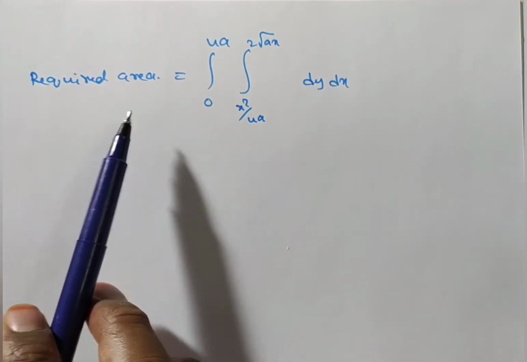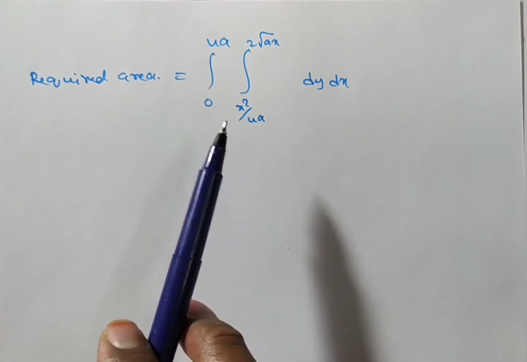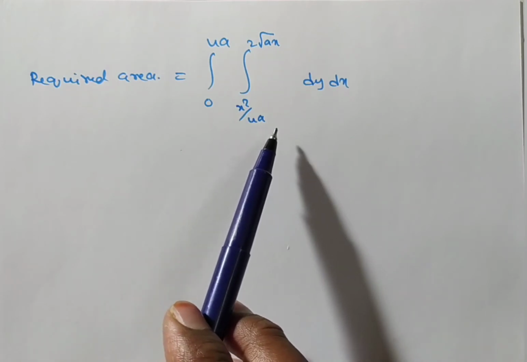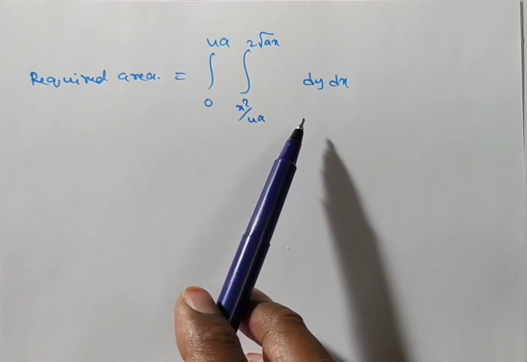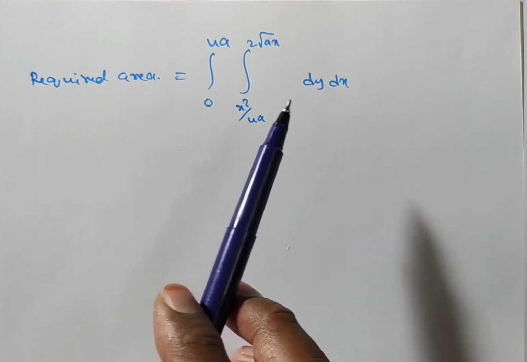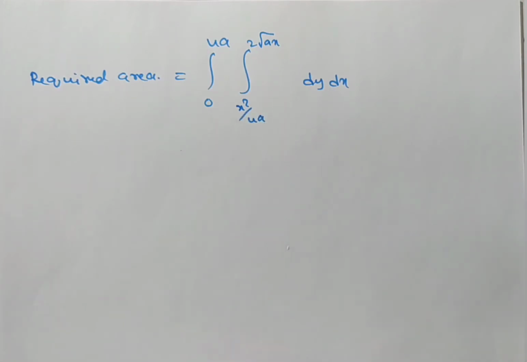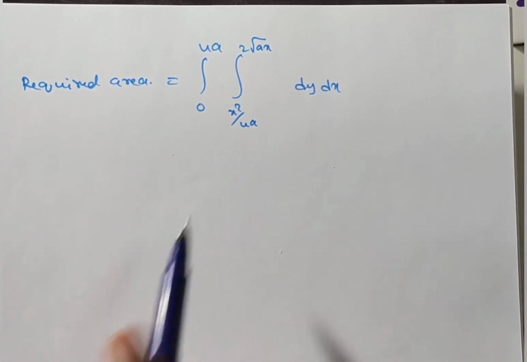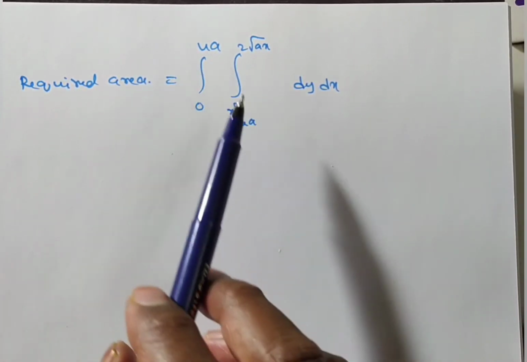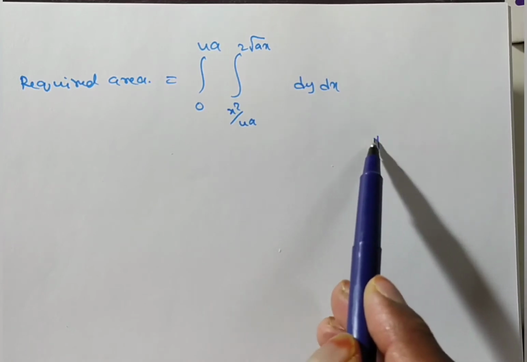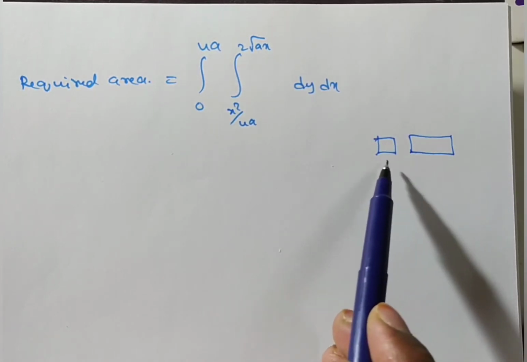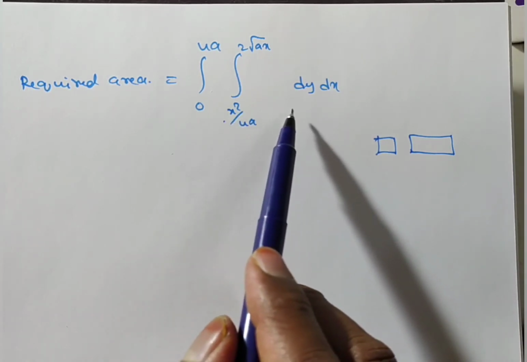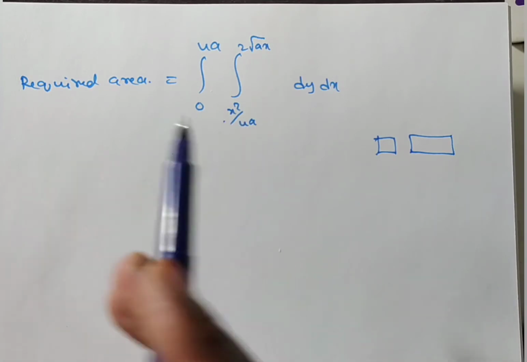The required area is equal to integral 0 to 4a, x square by 4a to 2 root ax, dy dx. You see friends, this is a double integral. While doing the double integral, we have to remember one thing. So first we have to integrate with respect to which variable? That is either x or y. How can you decide? That is, whether we integrate with respect to x or y is based on the limits. So here you observe one limit is independent, another one is dependent. Generally, for the square or for the rectangle, both will be independent. In this case, you can do integration irrespective of order. Nothing but you can do x and y. Any one you can take. Both also you can take at a time.